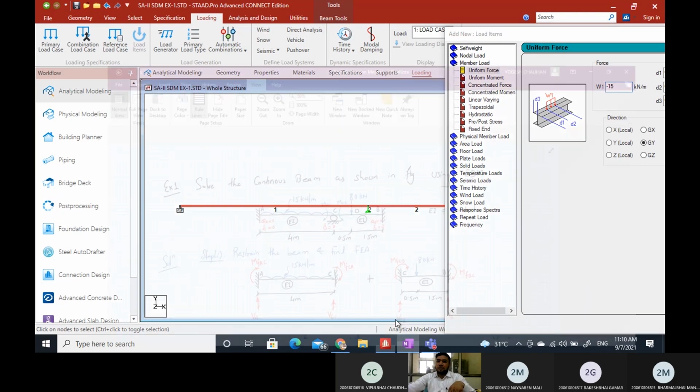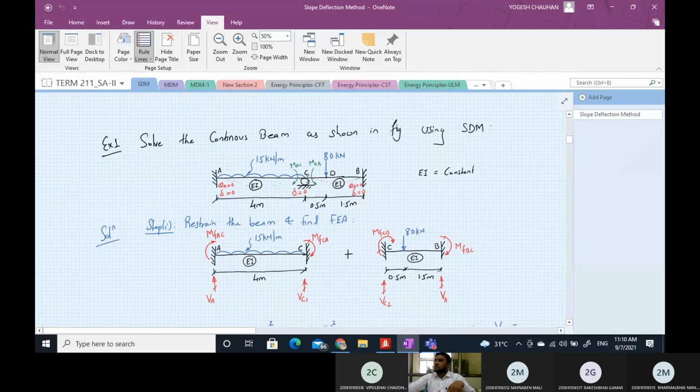This UDL is applied on the entire length of member AC.